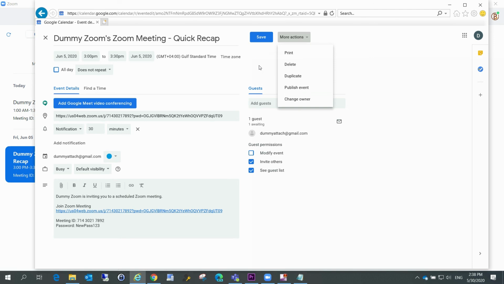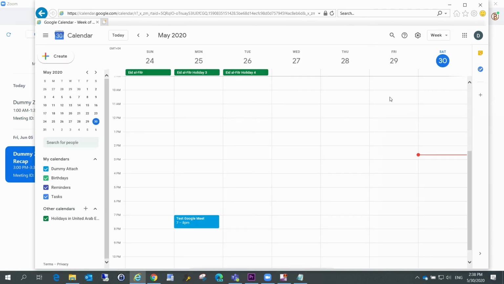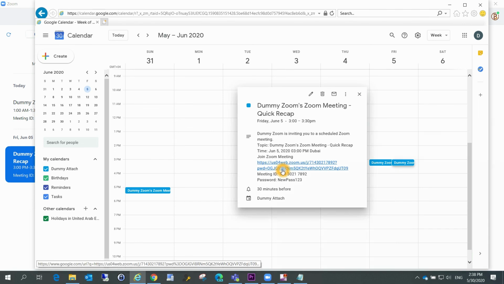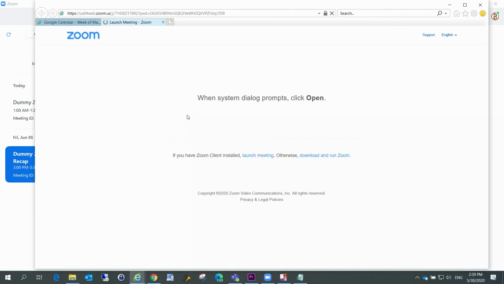And then you save it. When you save it, if you added more recipients, it will also ask you to send the meeting invite. Since I haven't added anybody, it just saved onto my calendar, and you can see that it is already available there, and it will remind the people to join on time.